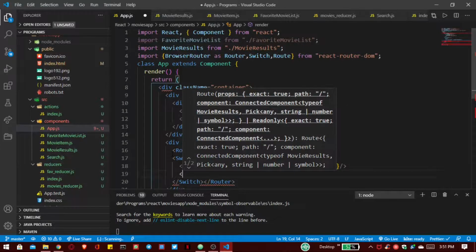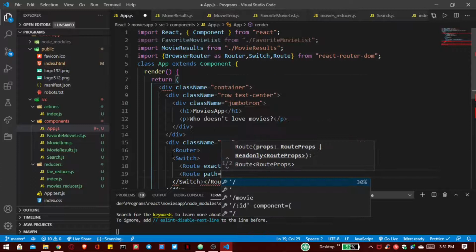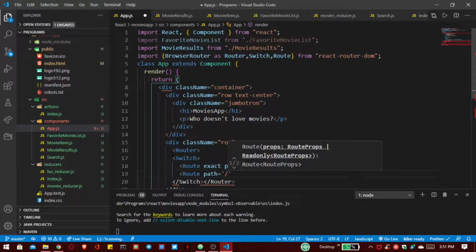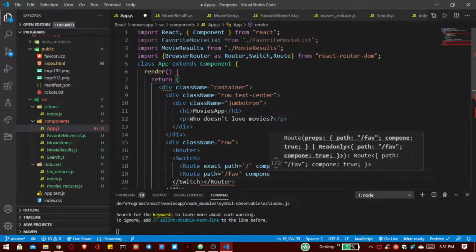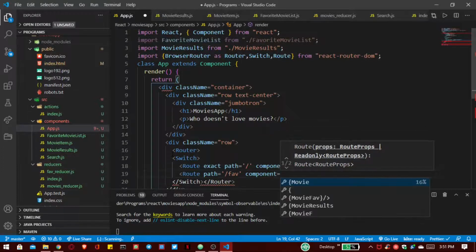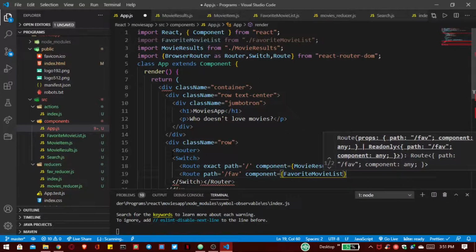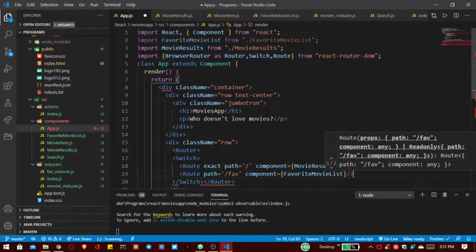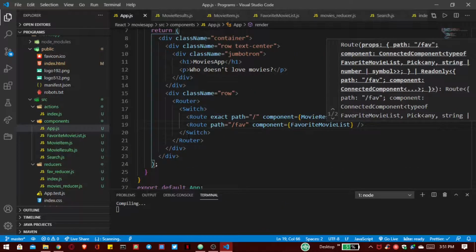And the second route has the path equal to favorite, and the component that we have to show is favorite movie list. Now close this tag and save this file.